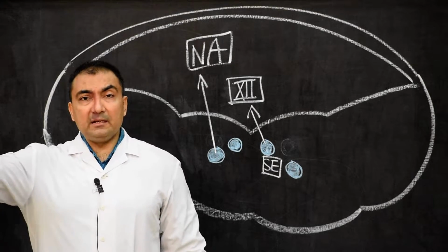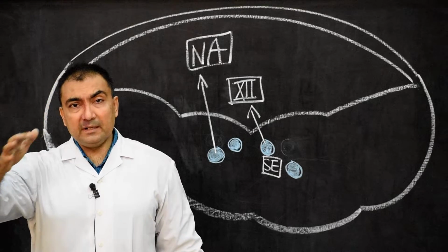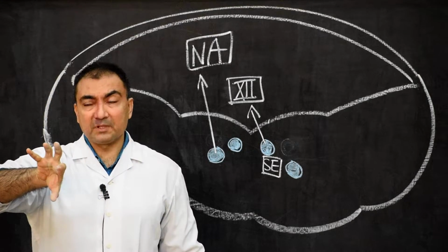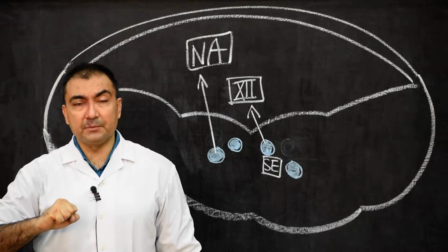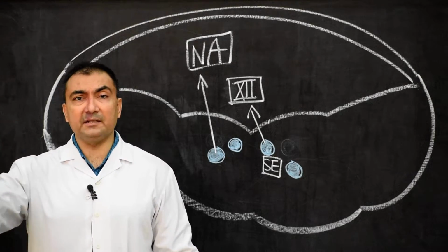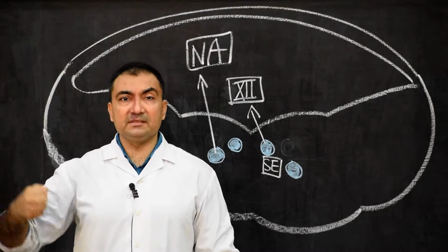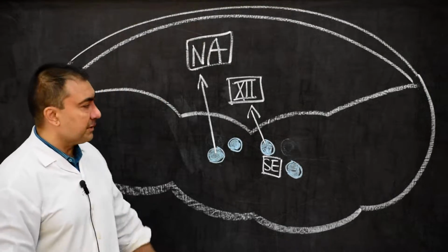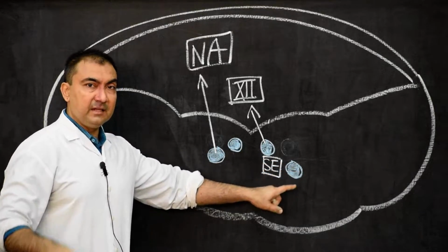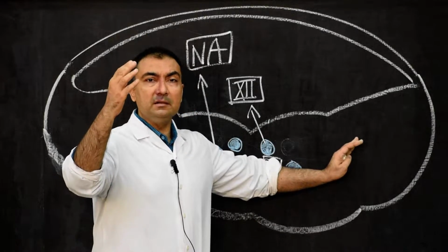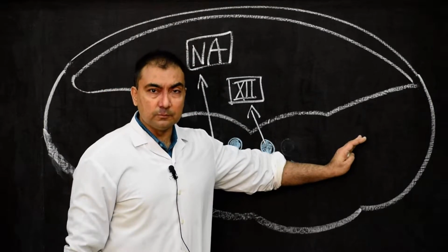Neurobiotaxis: because of a chemical attractant, or electrical or chemical stimulation, one of the nuclei will be attracted towards the source of stimulation. Here in this case, the sensory nucleus is the source of stimulation, and the motor nucleus is attracted towards it. What is the motor nucleus? Nucleus ambiguus. And what is the source of stimulation? Somewhere here, there will be the spinal nucleus of the trigeminal nerve.